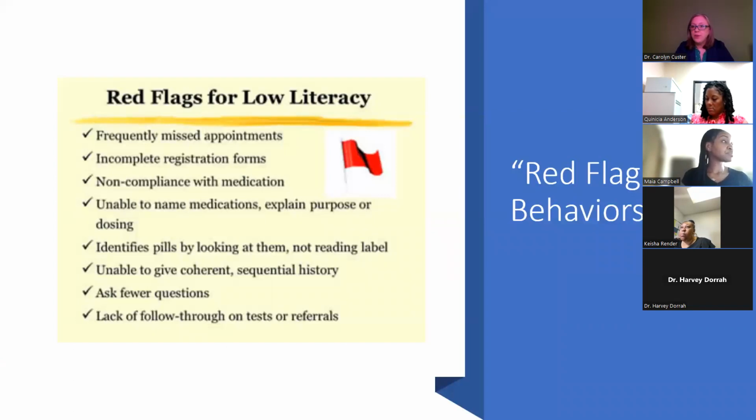Red flag behaviors. So if you're with a member and you notice any of these red flags, or if you